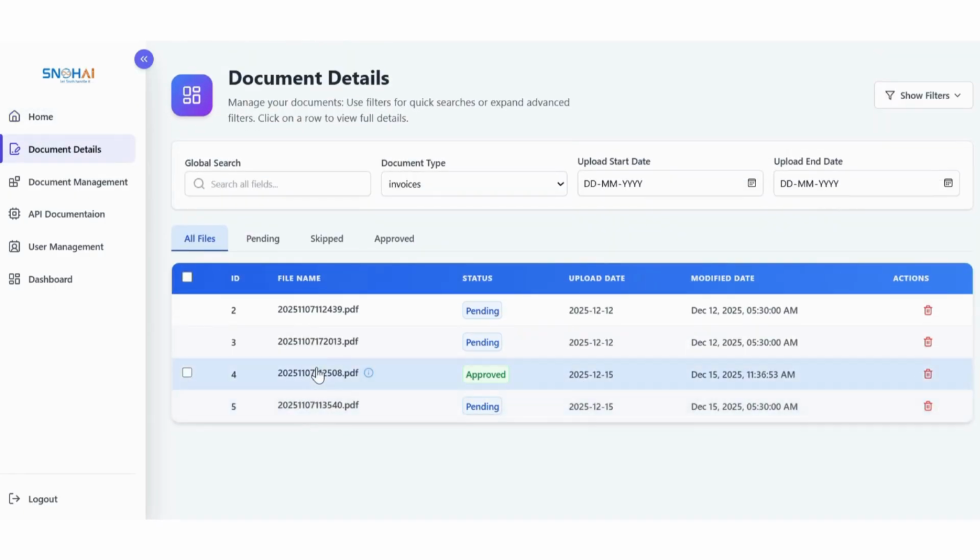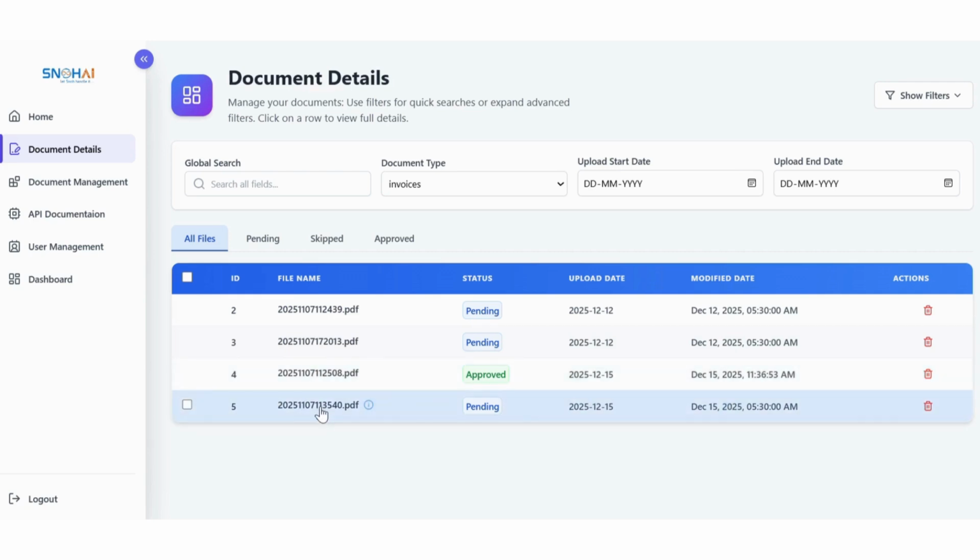Here is my invoice section. Now a critical question always comes up: what if the document quality is poor, or what if the AI is not 100% sure about a certain field? Then how do we guarantee complete accuracy before this data goes into a system of record? For this, we have built our Picker model, a human-in-the-loop validation interface with bounding box mapping. Now I click on the invoice that I uploaded.